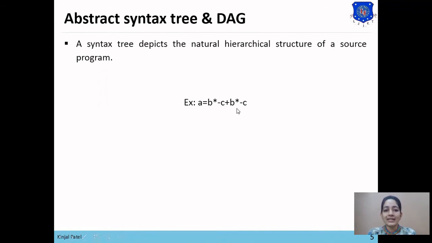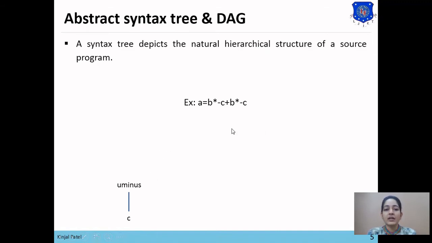To construct the syntax tree, we'll first construct the syntax tree for unary minus C. As unary minus has the highest precedence, first we'll construct the syntax tree for unary minus.